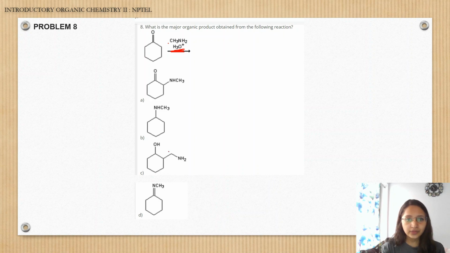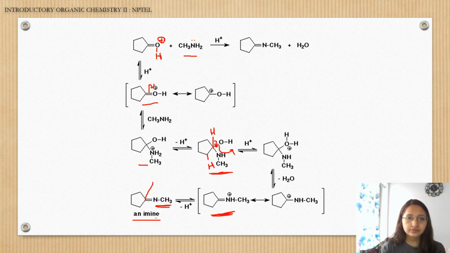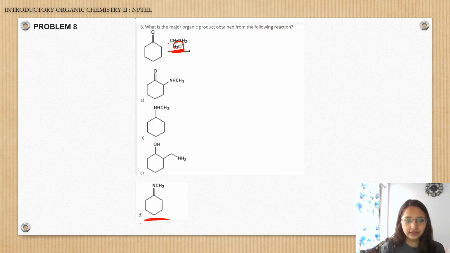So what will you end up with? As they are not showing the hydrolysis product, here they are showing the imine only, but after the hydrolysis what you will end up with is a ketone only. Okay, so this is how imine is getting generated, and the correct answer for this particular question is option